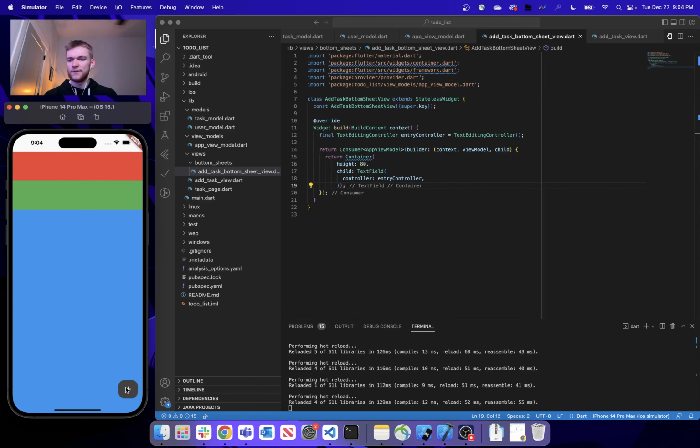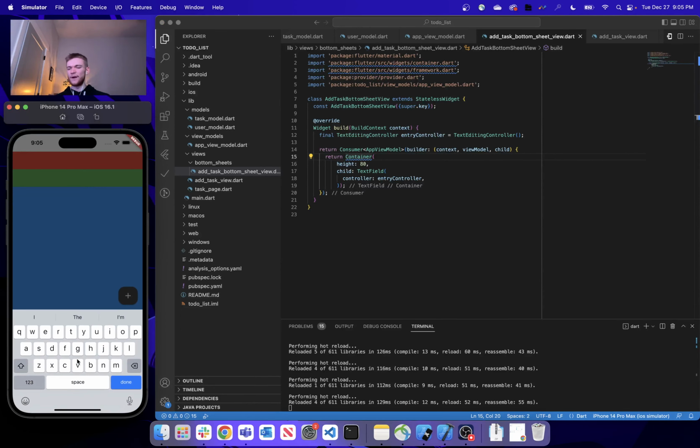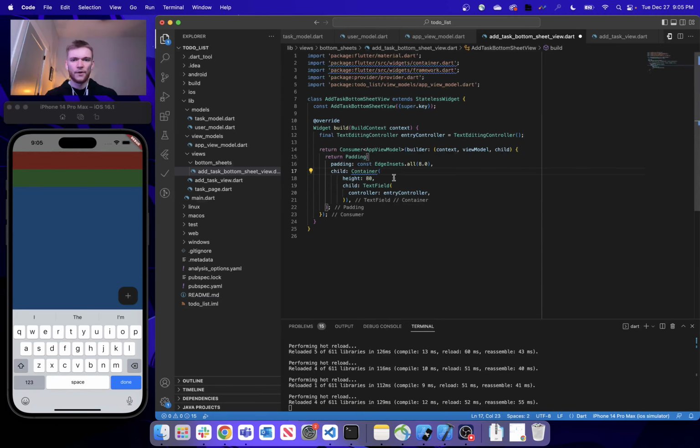So what we're going to want to do here is wrap our container inside of a padding. The reason why we're going to want to do that is because we're going to want to grab the height of our keyboard, and add a padding to the bottom of our bottom sheet view to push it up that far. So if we wrap this container in a padding, we can just replace this with